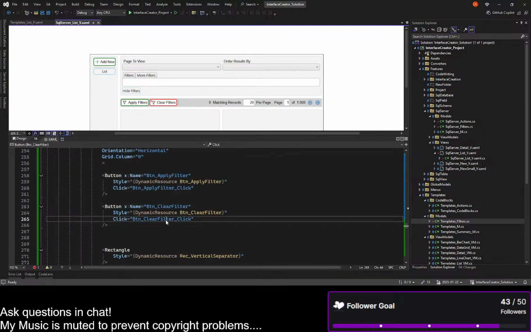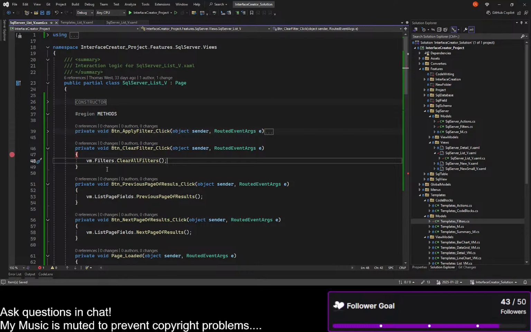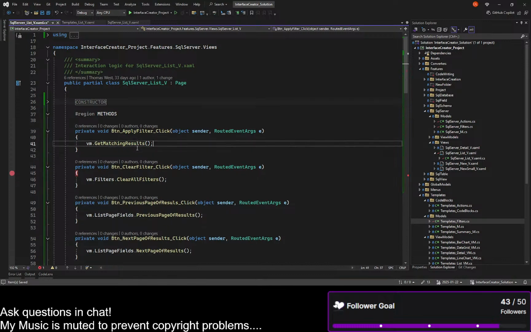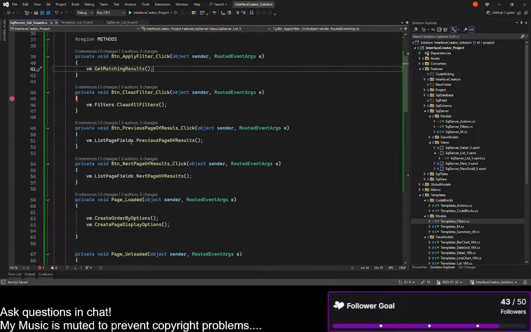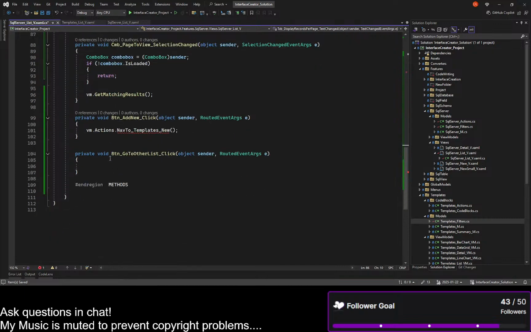Okay. So clear all filters should be then accessed in the clear filters button here. And this is in SQL Server list, so we'll go to the click event, and then we'll simply say VM filters dot clear all filters, like so. Okay. And then apply filter says get matching results, which is exactly what it's supposed to do. Just a one-line call in the view model, and the view model takes care of the rest. Okay. So that looks good, and then the combo box selection change, that was default, that goes away as well. And this one says nav to templates new, which we don't want. We want nav to SQL Server new. Okay,